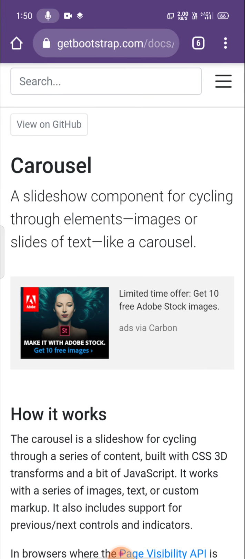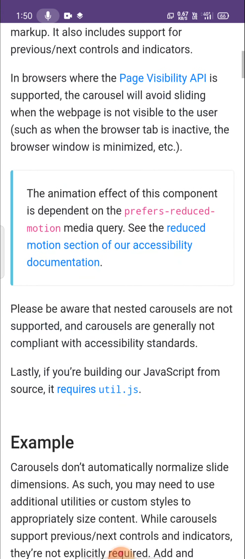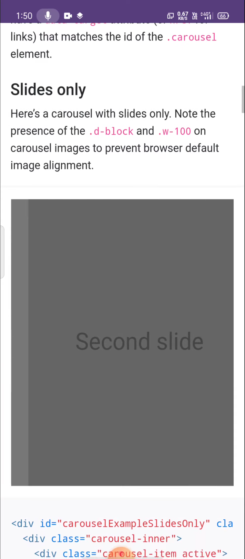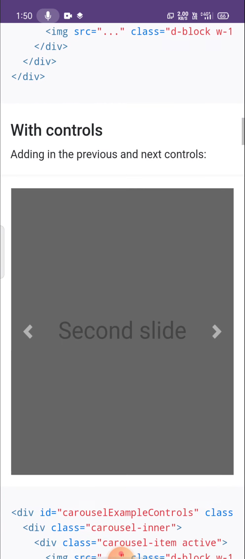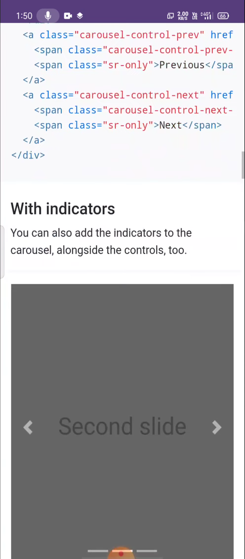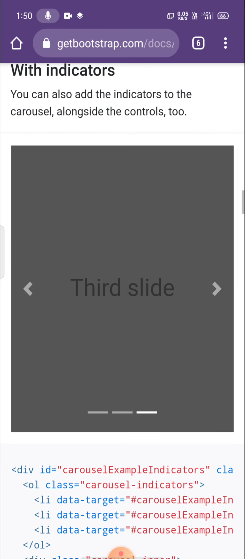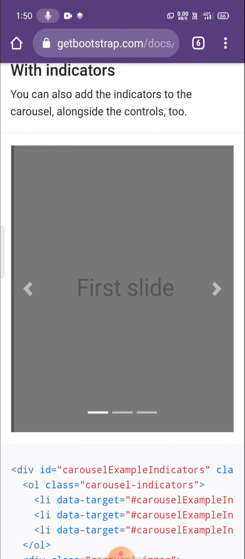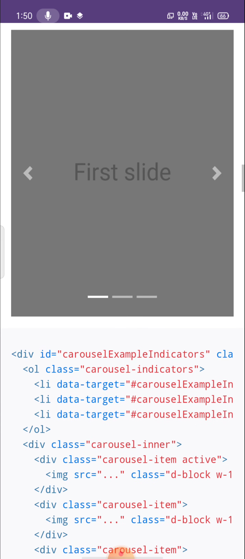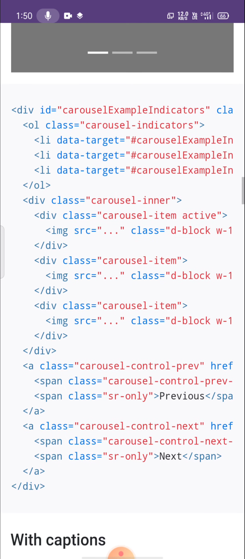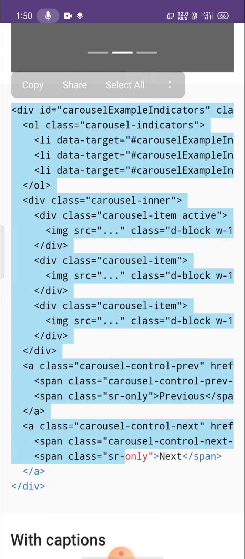You can see here there is carousel, and go below. I need this kind of images. There should be some indicators like this. Here we need to copy this code.